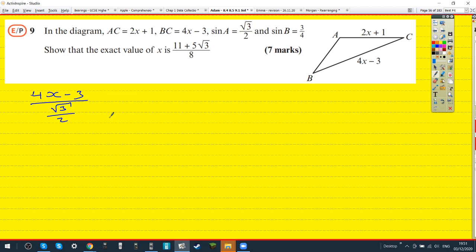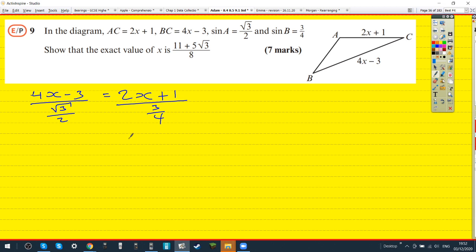Okay, and then would it be equal to 2x plus 1 over 3 over 4? Yep. And then would you multiply both sides by something to get rid of the